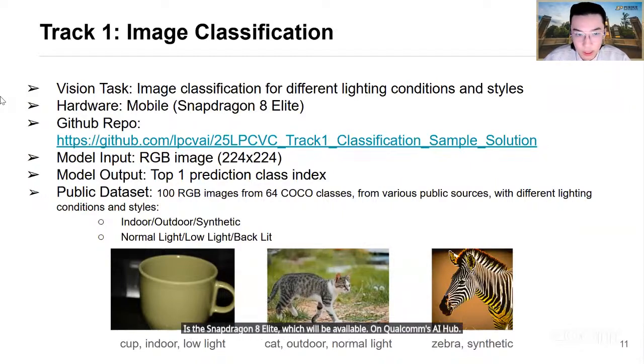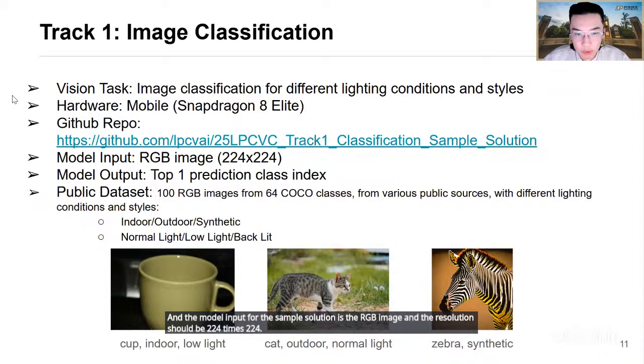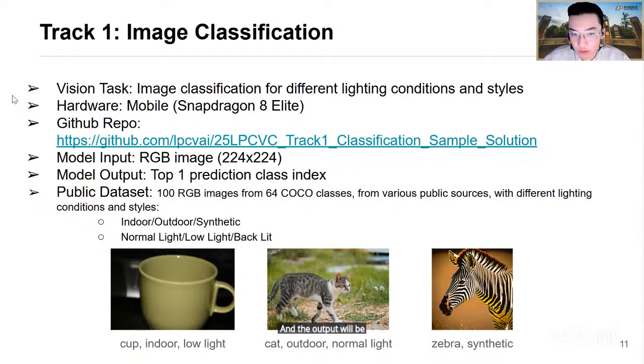We have also released a sample solution on our GitHub page. The model input for the sample solution is the RGB image, and the resolution should be 224 by 224, and the output will be the class index of the top 1 prediction.